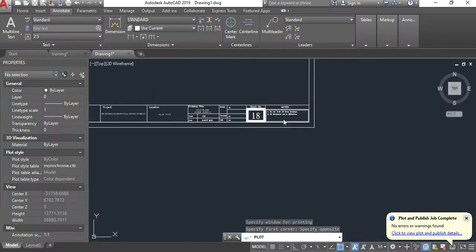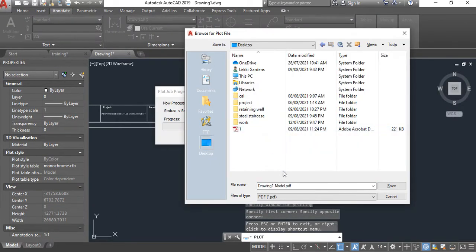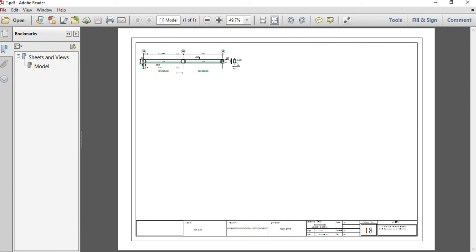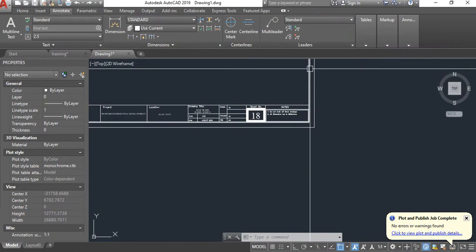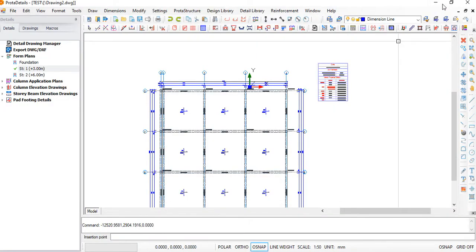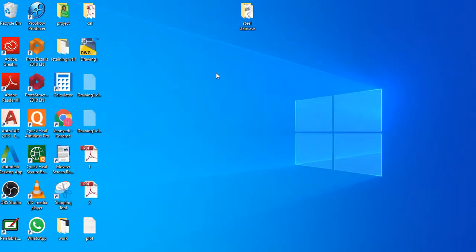Let's assume you click, you are still on desktop. We say 2, and we've gotten 1 and 2. But please pay attention to the end so that you won't miss anything. So if you come to your desktop, this is it, 1 and 2. They are on different pages of PDF. If you want to combine both of them,